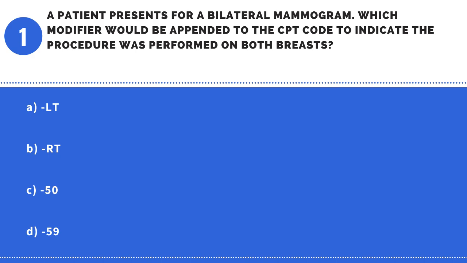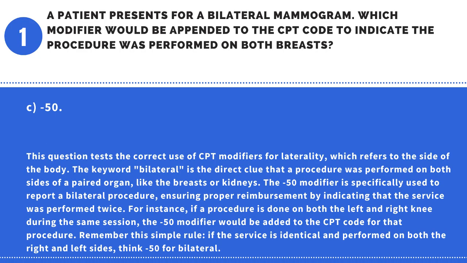Question 1. A patient presents for a bilateral mammogram. Which modifier would be appended to the CPT code to indicate the procedure was performed on both breasts? A. LT. B. RT. C. -50. D. -59. Answer: C. -50. This question tests the correct use of CPT modifiers for laterality, which refers to the side of